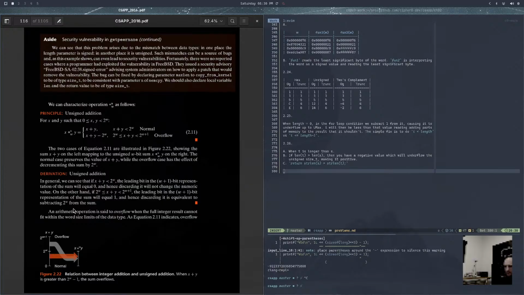Okay. Derivation. Alright, I'm going to look ahead a little bit here, just see what we got ahead of us. So we got some problems, then we got 2's complement addition, how that behaves, its properties, and 2's complement negation,